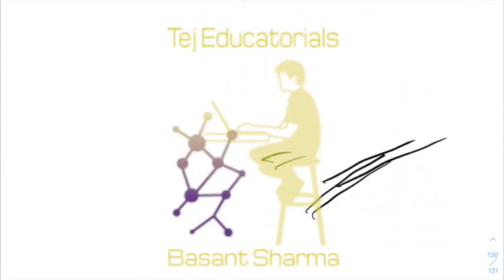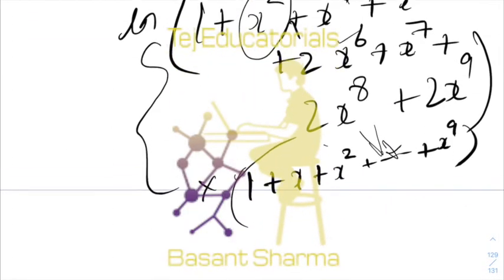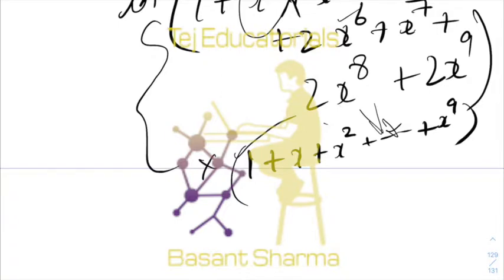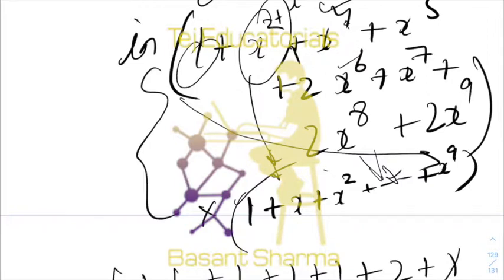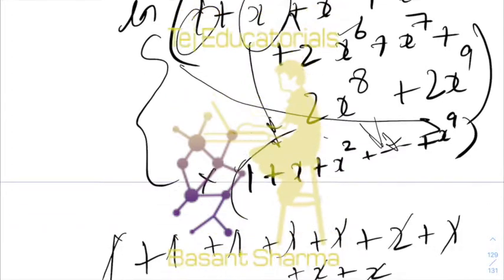Now when you calculate, you can see that the coefficient of x to the power 9 would be: 1 gets multiplied by x to the power 9, so 1 you will get from here. Then for x square you will get x to the power 7 from here, so 1. Then similarly 1 for x cube, 1 for x to the power 4, then 2 for x to the power 6, plus 1 plus 2 plus 2. So you will get 2 plus 2 is 4, 5, 7, 8, 9, 10, 11, 12.